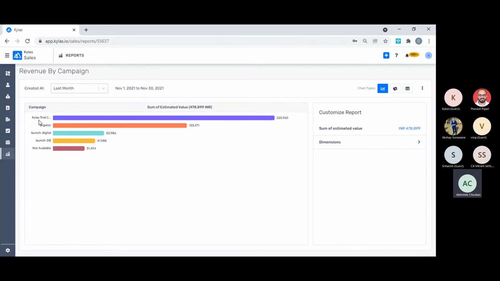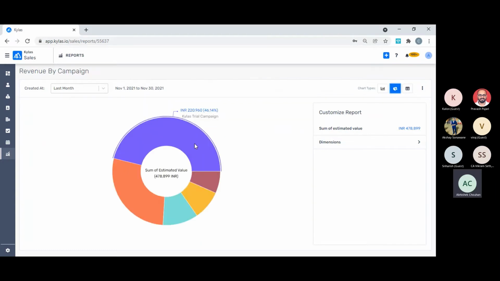So this particular campaign, Kailas trial campaign, you can see it has a deal value worth rupees 2,20,960, which is the highest among these, and this is filtered by currency value as INR. Okay, this one is giving me 1,33,471 of revenue. Okay, and these different campaigns have given a slightly lesser deal amount to me, right?